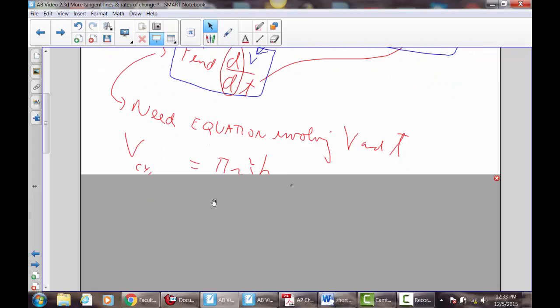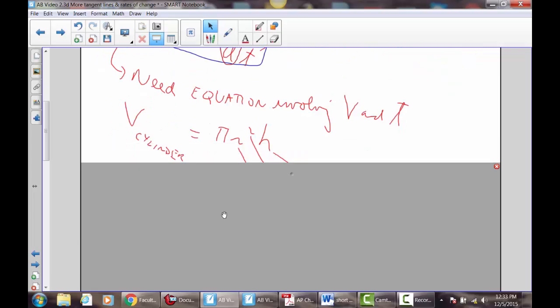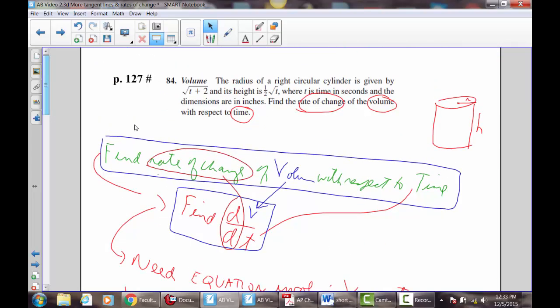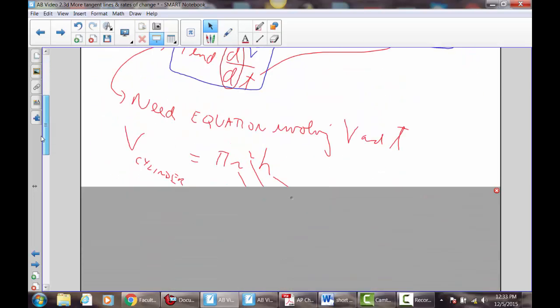Okay? So of course you should know the formula for the volume of a cylinder. If you do not, think of it as filling up this cylinder with paper plates. The area of each paper plate is the area of the circular base, which is pi r squared, and the number of paper plates you would need to fill up this container would be h,